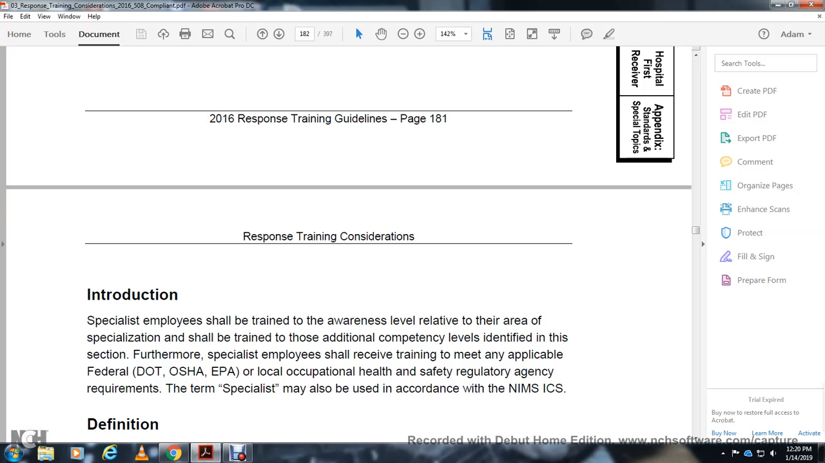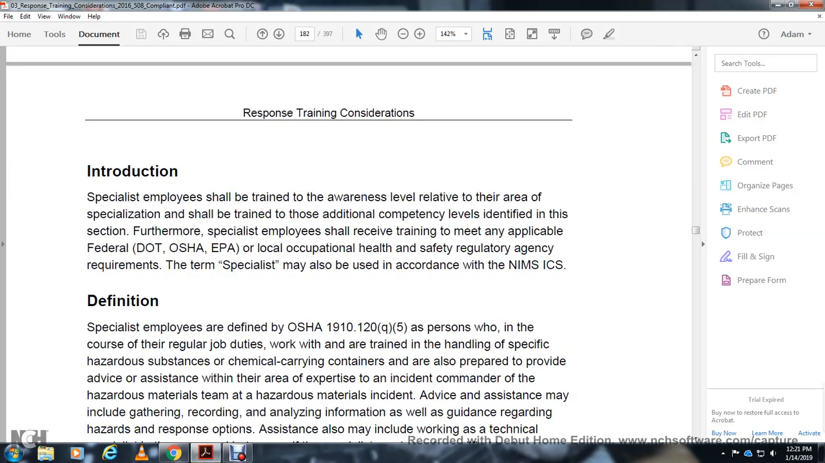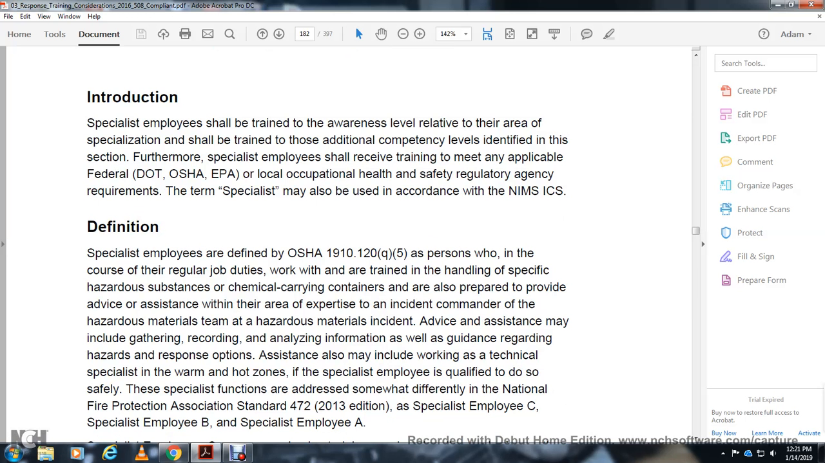Most specialist employees shall receive training with media applicable to federal OSHA, the Environmental Protection Agency, and local occupational health and regulatory agency requirements. The term specialist may also conform with NIMS and ICS. Specialist employees under OSHA 1910.120(q)(5) are persons who, in their regular duties, work with and are trained in